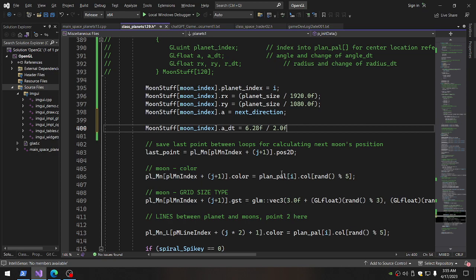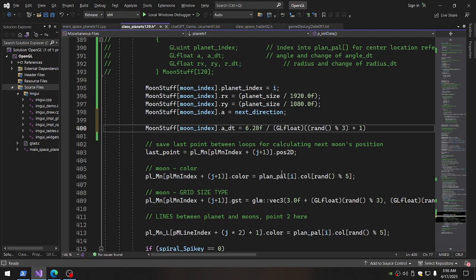That'll be the range. But you want to divide by, let's say a range from 1 to 3. And let's give it a random 3. So random 3 is going to be 0, 1, or 2. So what you want to do with random 3 is add 1 to that. Then it would be 1, 2, or 3. And then it's going to change it to a float. And then it's going to divide 6.28 by that. However, once it changes it to a float,